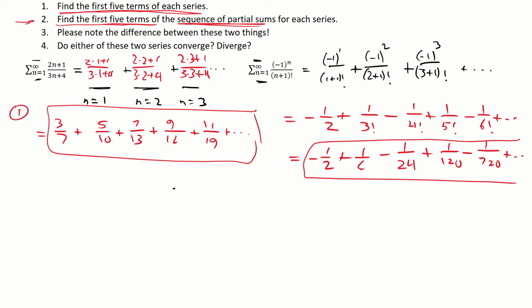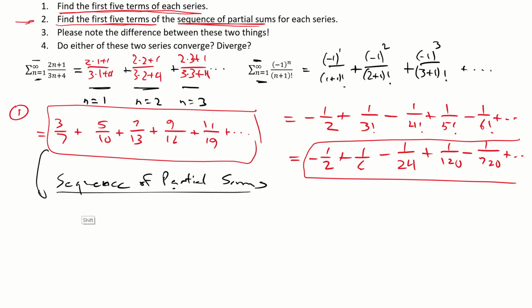Okay. So what happens is you talk about the sequence of partial sums. And that's what it means by adding numbers and adding numbers. So let's talk about this guy. The first number is 3 over 7. But then if we add a number to it, the next term is 5 over 10. And if we keep adding like that,